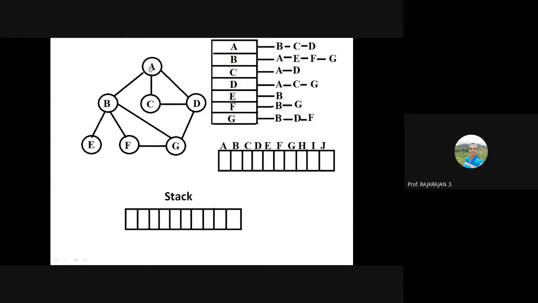But conventionally we will begin with the lowest value. If it is numbers, then we will start from the node that contains 1. Whereas since these are alphabets, I'm going to choose A as the first vertex. So I'm going to start from A. Now the first step is to push A into the stack. Push A into the stack and pop A immediately out of the stack.